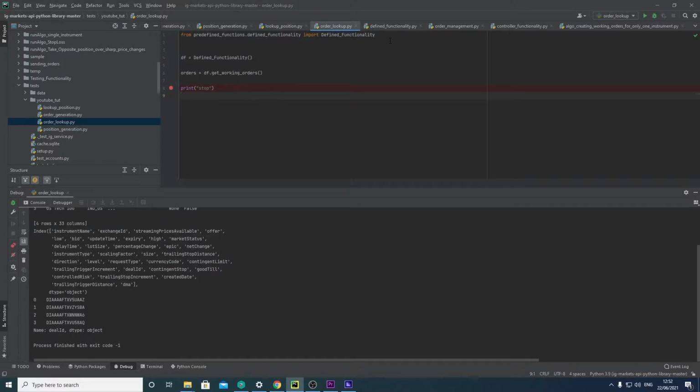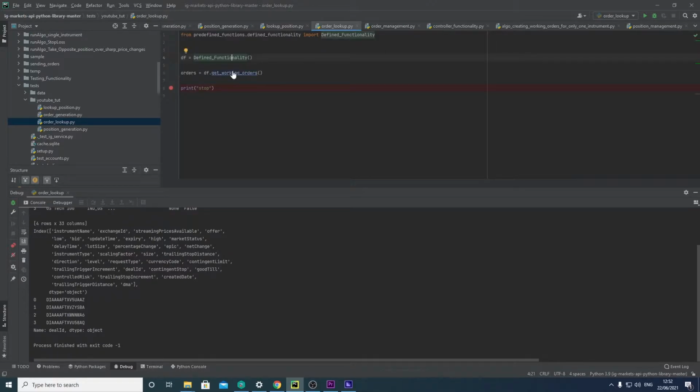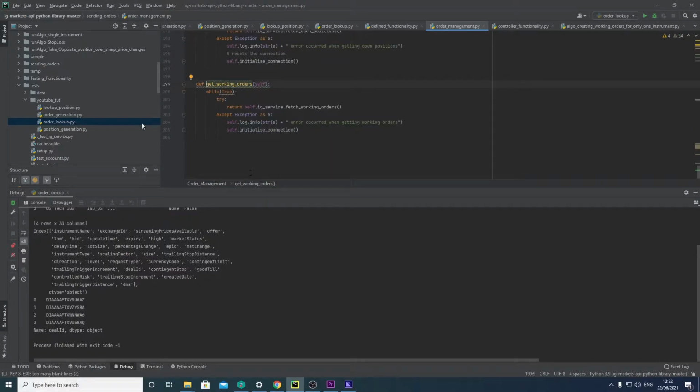It's fairly similar to the position lookup, but just a few differences. So you can see here we're doing another call to this class, an initialization here. You can see we initialize those objects as I spoke about before. We're then getting get working orders. It's fairly simple. All from the order management class, we're getting working orders, and we're in this while loop